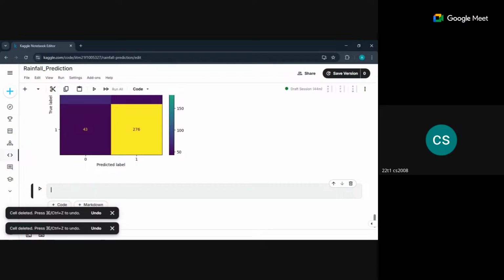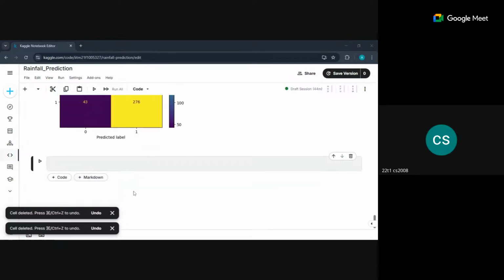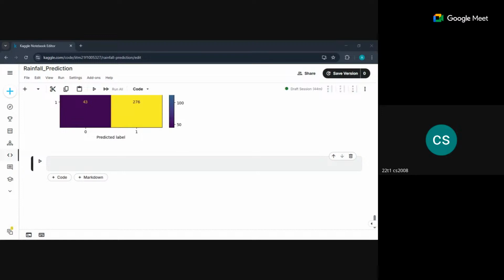Okay. So with that, now let's try a different model. Or rather, in decision tree itself, let's do an experiment from sklearn.preprocessing import